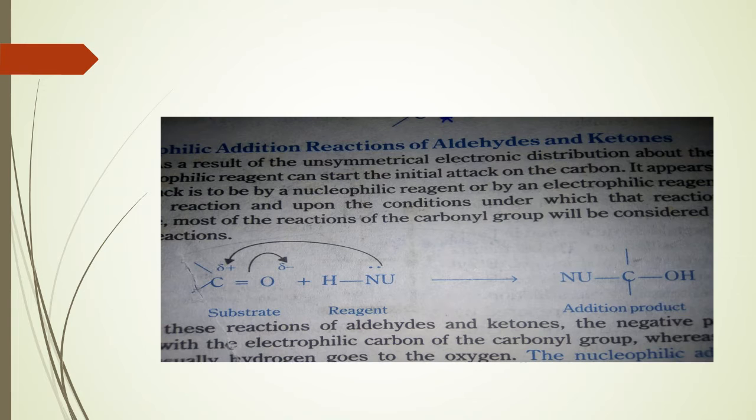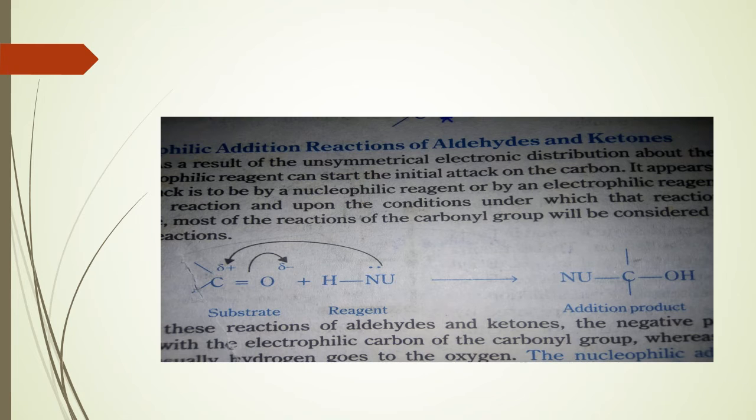So what type of reactions are shown by aldehyde and ketones? Aldehyde and ketones show nucleophilic addition reactions. Here is written an equation. Here in the aldehyde and ketones, C=O is considered as the substrate, and the nucleophile is the reagent. The nucleophile attacks the electrophilic carbon and the bond shifts towards the oxygen, and oxygen carries the negative charge, which is protonated with the reagent proton. So our addition product is formed. This one is called the addition product.